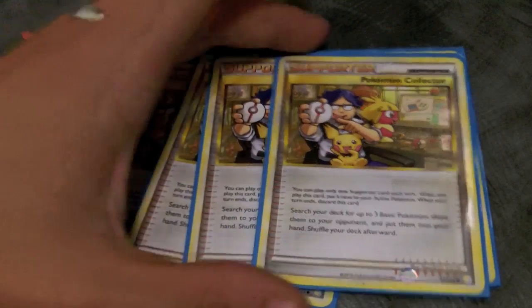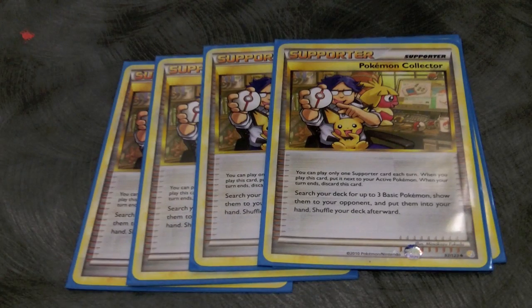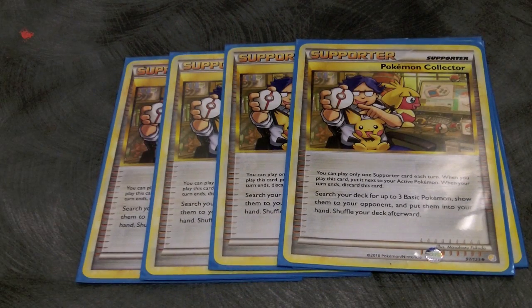I'm running 4 Collector. Everybody should. It's such a good card. If you're not running 4 Collector, or if you have an intense setup deck, you might want to try 1 Pichu, which is what I considered doing in this deck, and I'm still considering over that Cleffa. And obviously more testing needs to be done. Let me know what you think about that idea down below, because I do have the Pichu, just in case I decide to run that. So I run the 4 Collector,